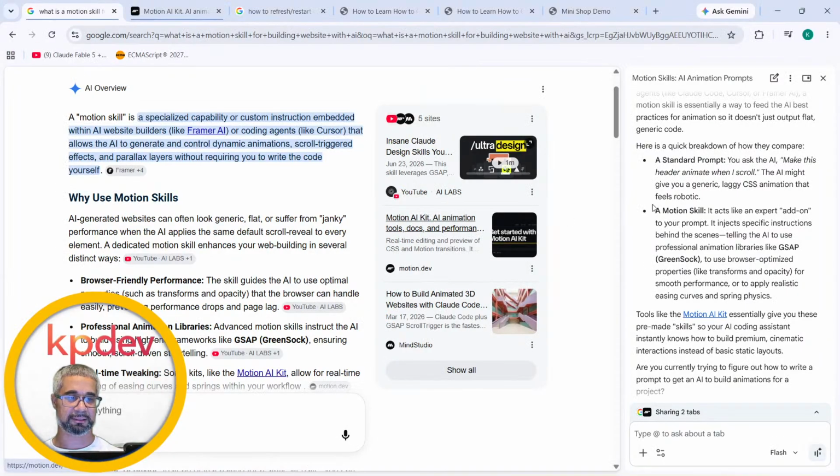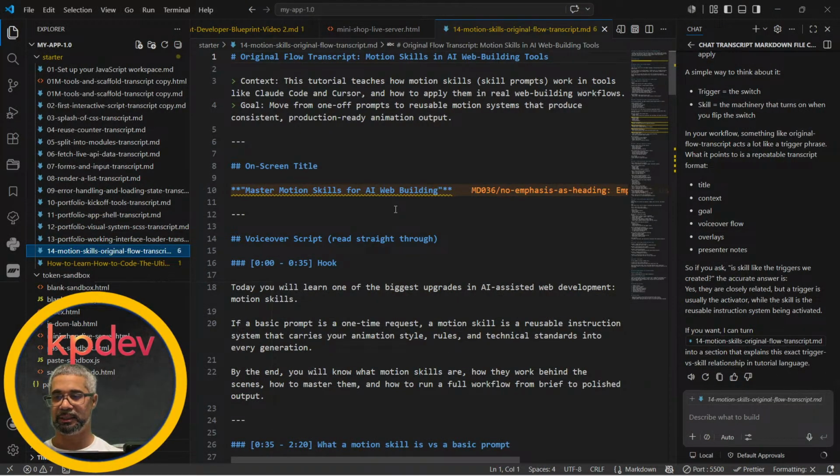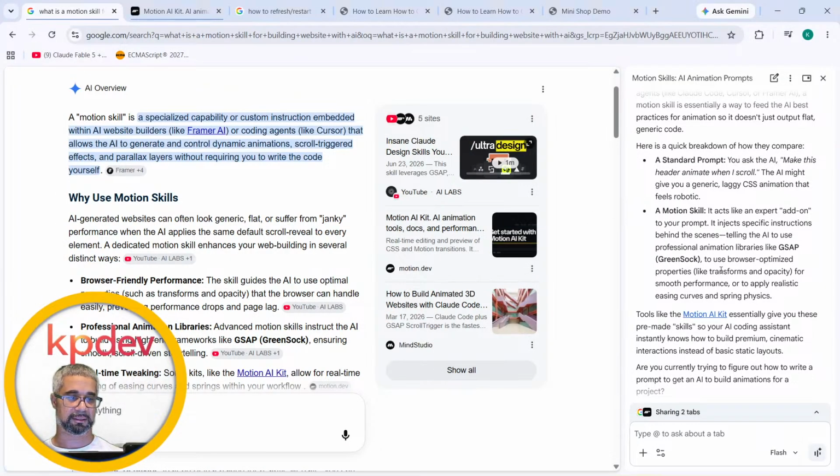Okay, so basically the Edison analogy again, we went into Motion AI Kit, and Motion AI Kit is just an extension that we could use to create better mathematical curves and make things look curvy or whatnot. You saw that on my last video, but I think it wasn't a waste of time. We just learned what not to do when we're using motion skills, such as we can't afford